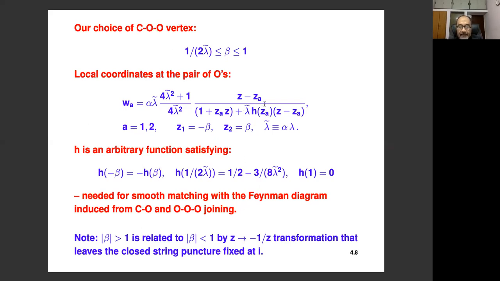So h at this stage is an arbitrary function that goes into the data about string field theory. And again, just like the parameters alpha and lambda, the final results better be independent of this choice of h, because there is a general argument which says that these different choices are all related by field redefinition. And here you would notice that I have introduced this new combination lambda tilde, which is alpha times lambda, because this appears in many places in the analysis. Are there questions, comments? Okay, so I'll proceed.